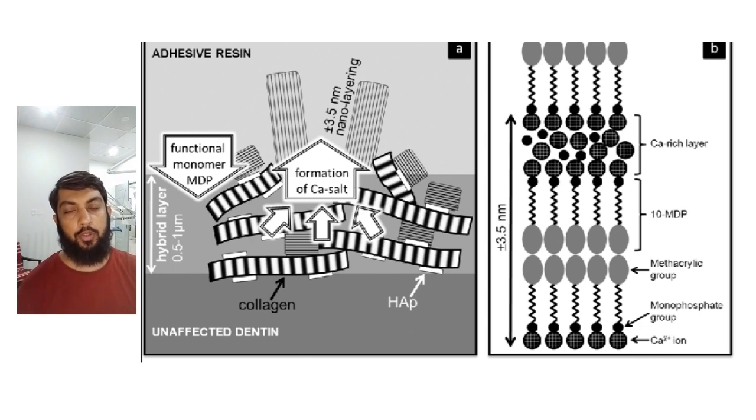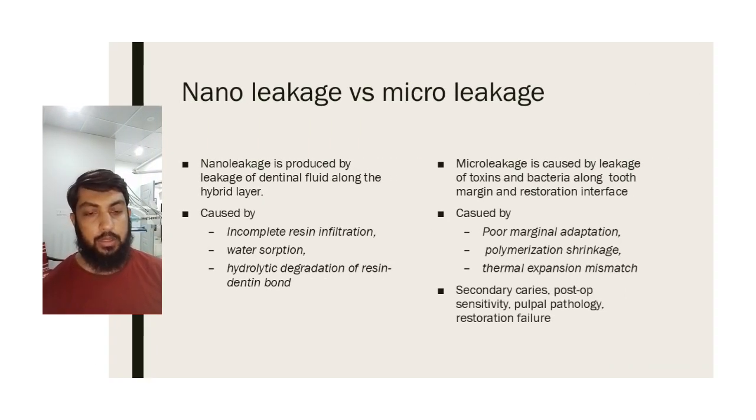Now we are coming forward to leakage and micro leakage. In the etch and rinse adhesives, we are going to remove all the smear layer. Then the resin tags were formed. The resin tags were formed inside the dentine when they were cured. The etching exposed matrix metalloproteinase enzymes in the dentinal tubules, which were activated by the phosphoric acid, which was removed from the cavity earlier, but was not removed in its entirety